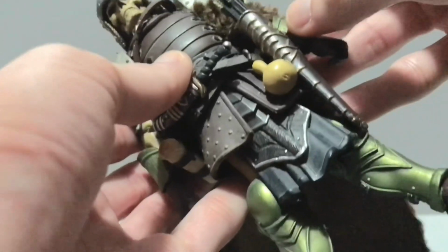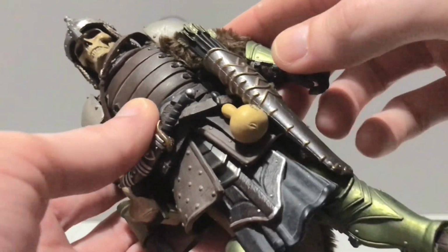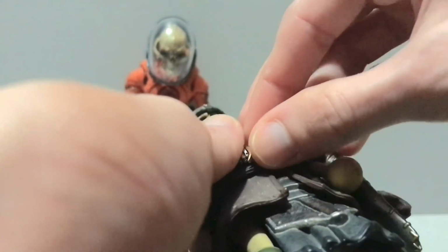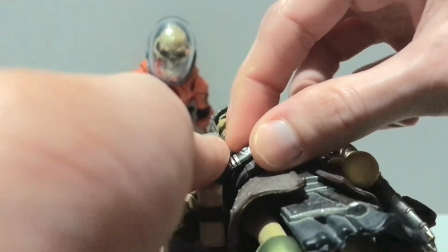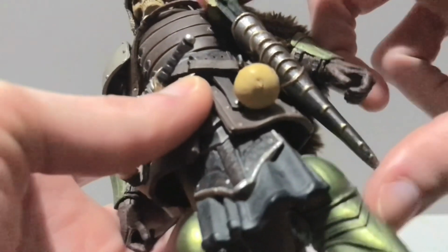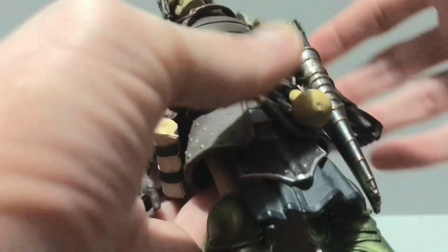and I will admit the armor on mine's left arm popped off, so I'll have to have my dad glue that back on. No big deal. He does have like a Green Goblin-esque man bag here, so that's kind of funny. The little knife does pop out of the sheath. There's that little gourd right here. My finger's pointing. Then he's got the quiver right there,